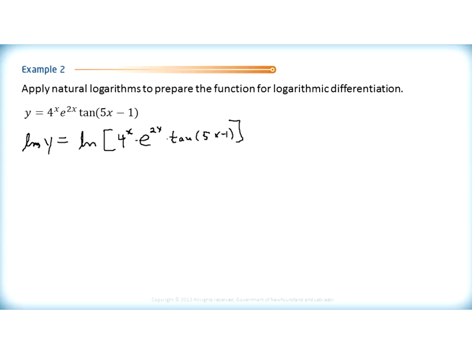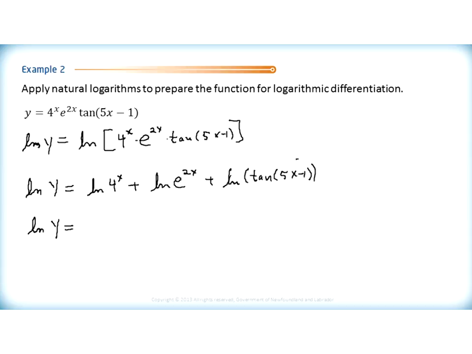So when I separate this one out, I've got ln y equals ln of 4 to the power of x plus ln of e to the power of 2x plus ln of the tangent of 5x minus 1. Okay. And then I'm not going to do much with that last one. I'm going to leave that alone. But the reason I put another one that was just products in there is you'll see in a sec